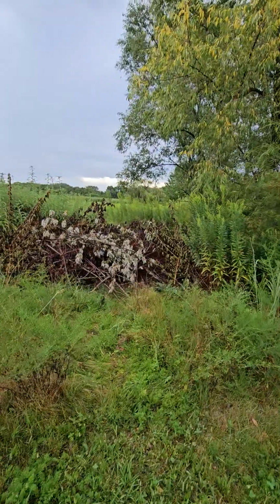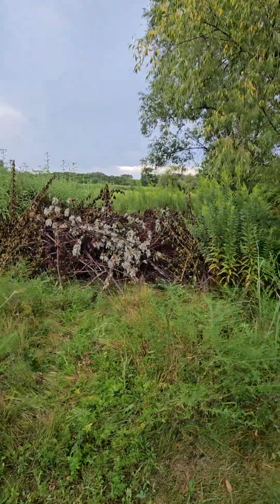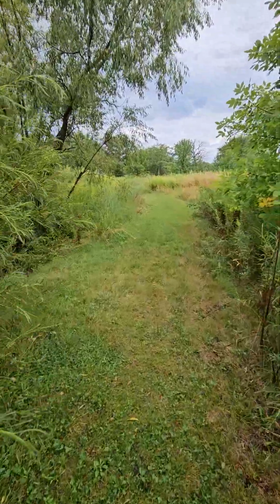Now I'm going to try to get some cherry trees. Maybe I'll do them this fall, or in the spring, now that I have more shade around here. There's the old habitat pile. Now let's see if this pond has...